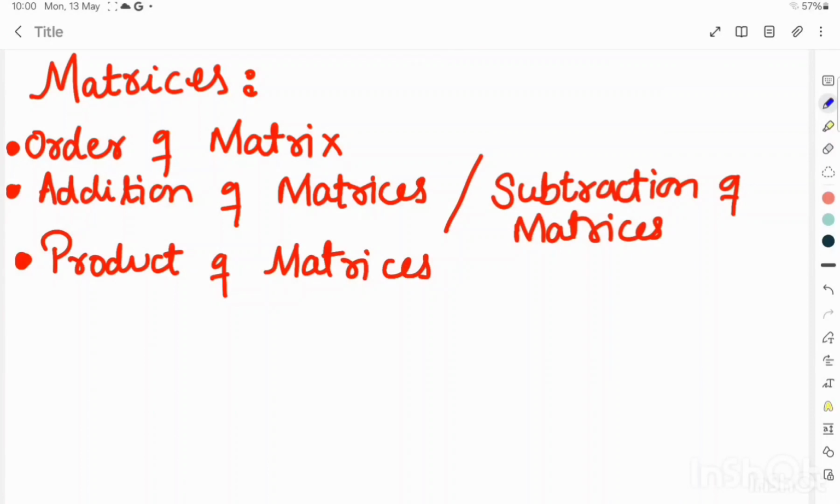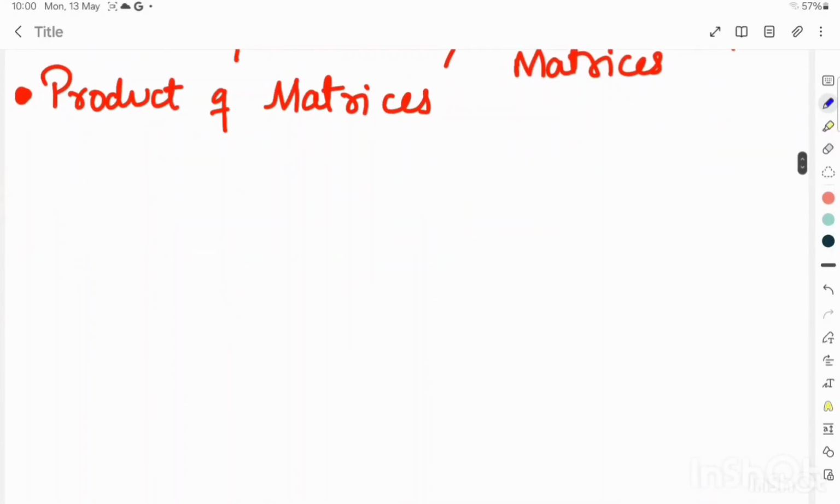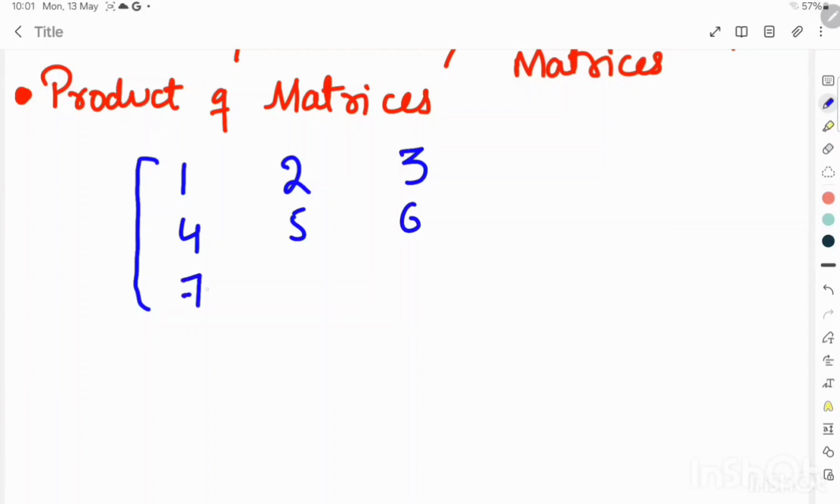Okay students, so what is a matrix? Any real numbers which we write in a large square bracket, this is the square bracket, and these all are real numbers. We write these numbers in a large square bracket. This thing is called a matrix. Whenever you see numbers in such a form, you have to understand that they are talking about a matrix.